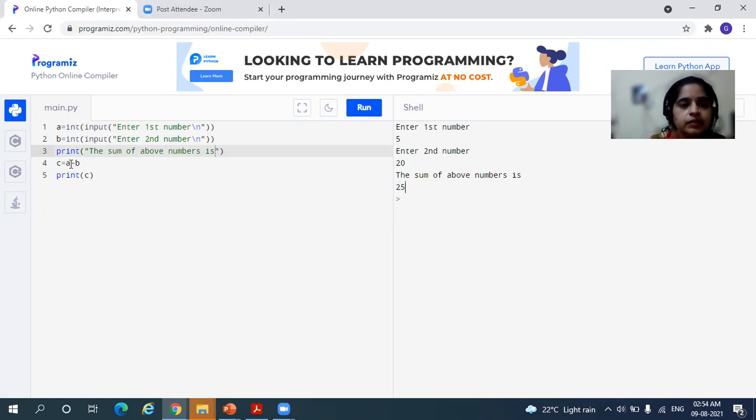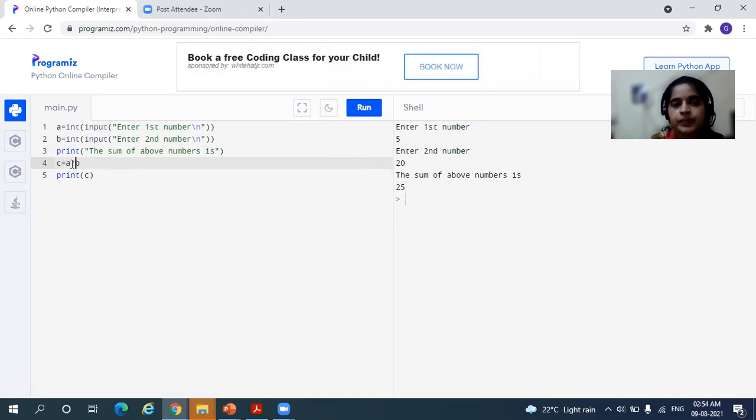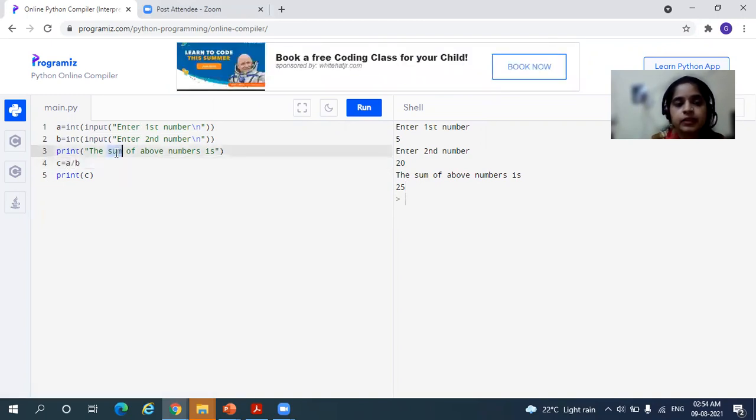So similarly, you can subtract here just by writing a minus b instead of plus. And then here you'll change it to difference of above numbers. Then you can write star here. Star is used for multiplication. Then you can write product of the above numbers is. This is how you do it in your mathematical calculations. Then you can write a slash b. For division, we use slash here. So a slash b, then here you can write the quotient of above numbers is.